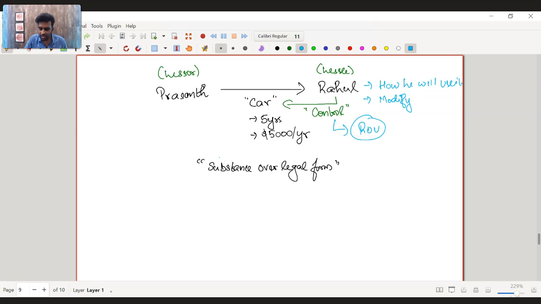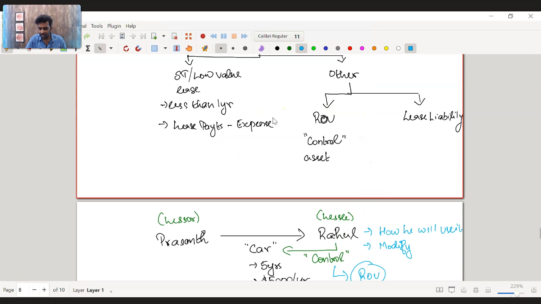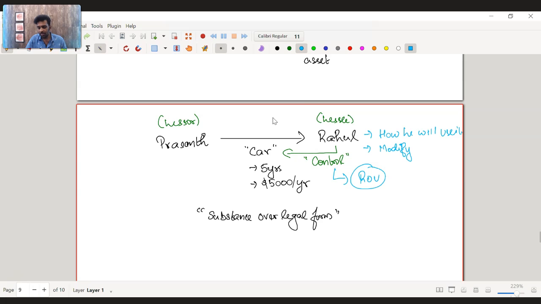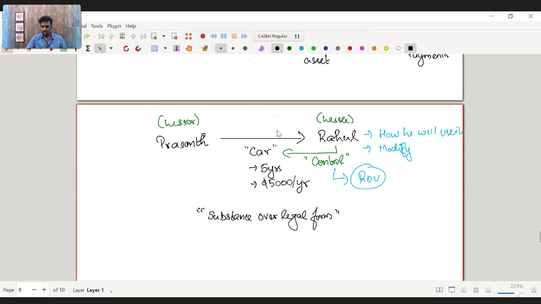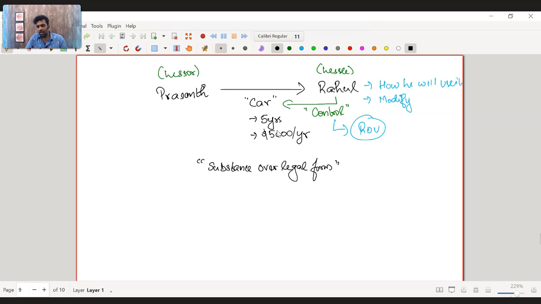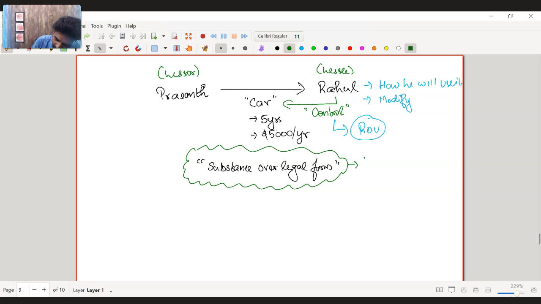So Rahul in his books can recognize this car as an asset, and for the payment of $5,000 per year, he has to recognize a lease liability. This will be based on the present value of lease payments. So the complication in IFRS 16 is based on this category. It's a substance over the legal form of the transaction, which means the lease contract